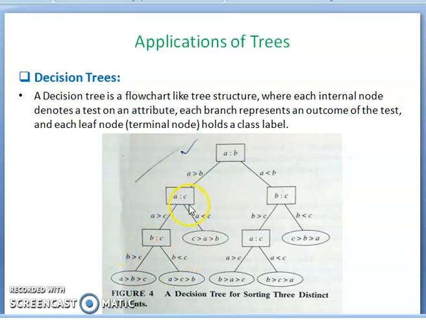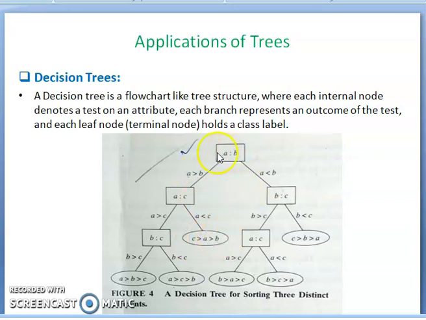If A is less than C, come here. A is greater than B and A is less than C, then C is the highest value, because C is greater than A, and A is greater than B. So C is greater than A and greater than B.